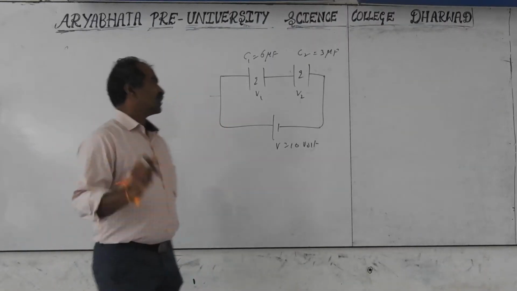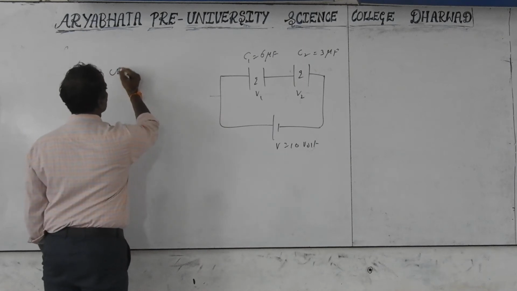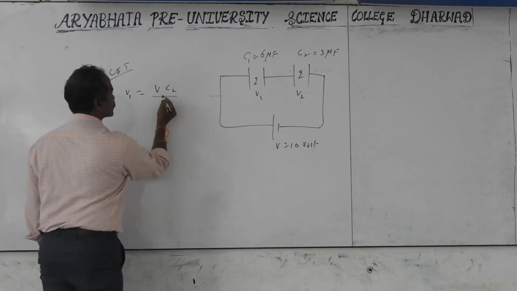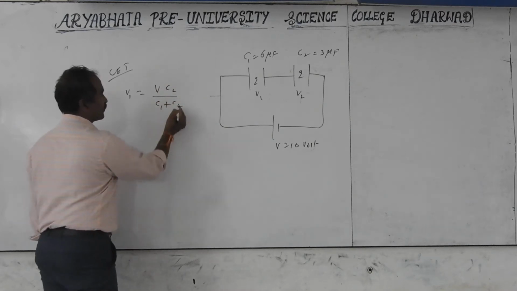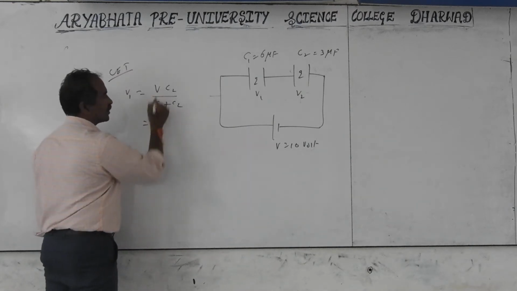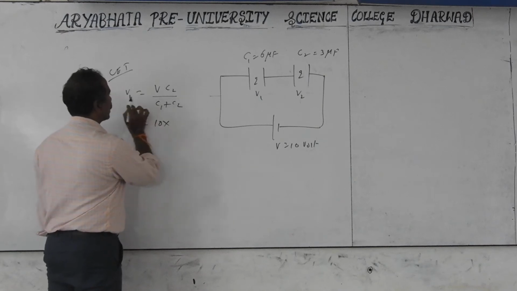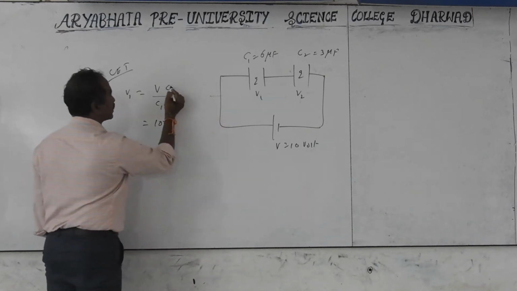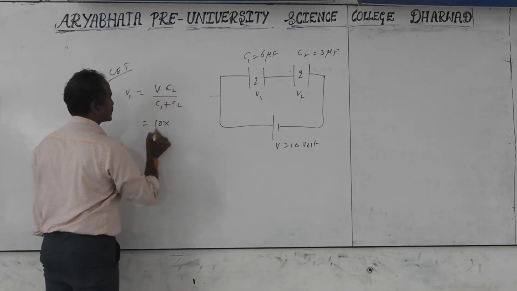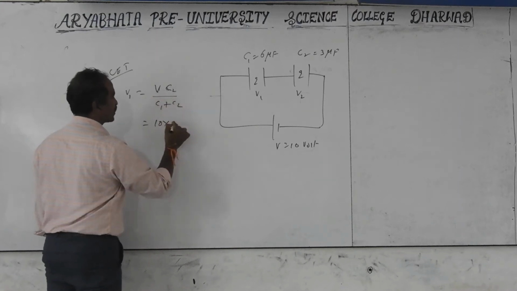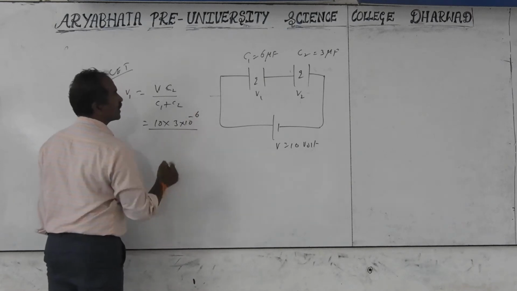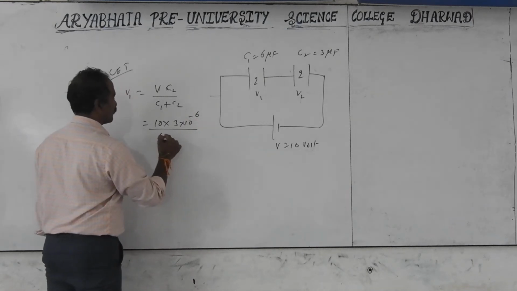The direct formula for this potential calculation, for computational purposes, is that the potential V1 is equal to the total voltage V into C2 by C1 plus C2. What we calculated before, we can take similarly for this. The total voltage is 10. We want V1, the voltage across C1. In the numerator we take the total voltage V into C2, and in the denominator the total capacitance. So 10 into C2, where C2 is 3 microfarads, 10 to the power of minus 6 by C1 plus C2, where C1 is 6 microfarads